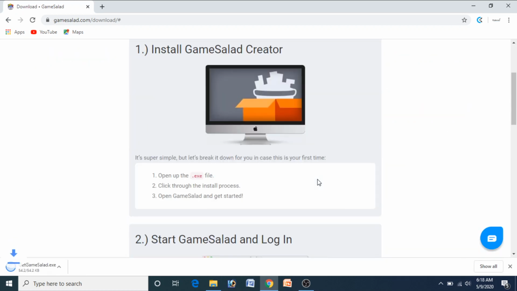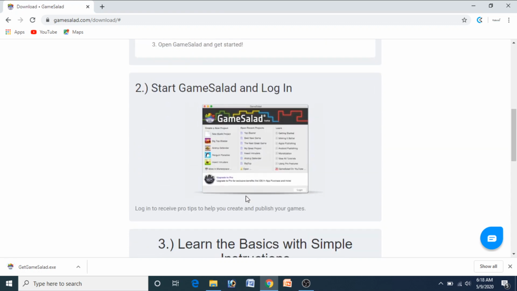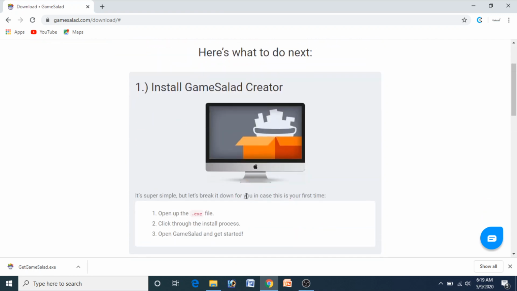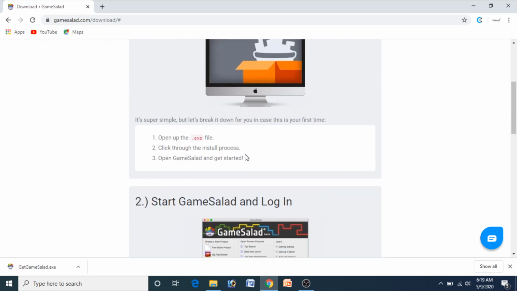I'll be downloading the GameSalad Creator for my system, which is running on Windows 10, and let's see some of the features. It says install the GameSalad Creator. The download is complete for the execution file. We'll open it.